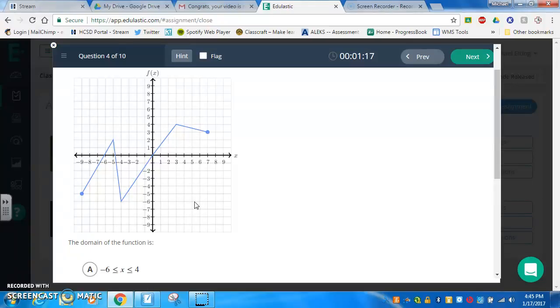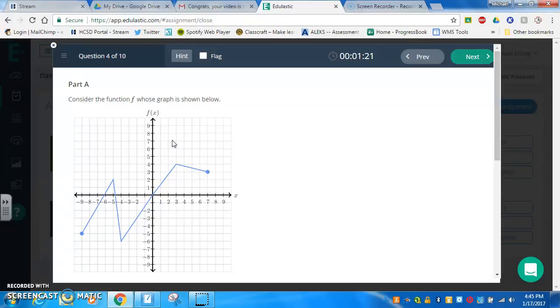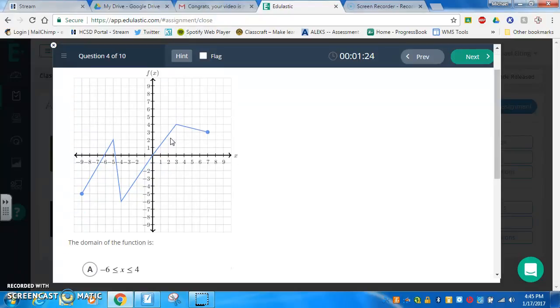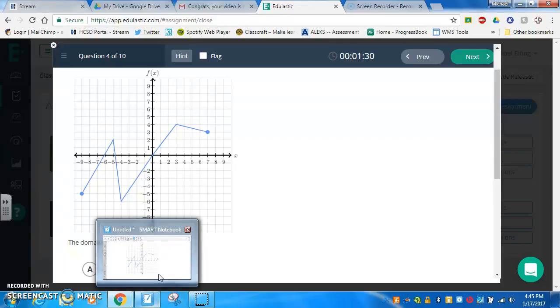Okay, ladies and gentlemen, here we are with question 4 on the functions review. It says consider the function f whose graph is shown below. And what it's asking for is the domain of the function. I just want to remind you, when it comes to domain and range,